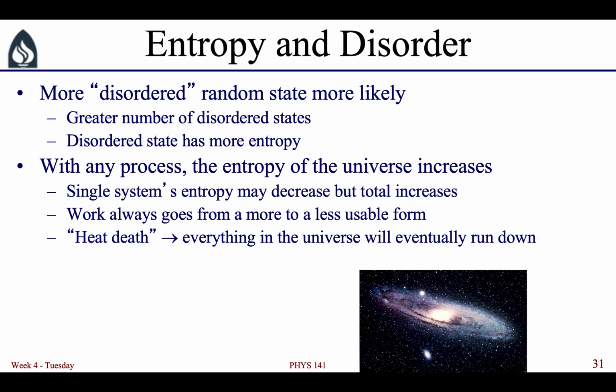You can create new stars with some of the gas and dust that's out there, but eventually that gas and dust will get used up in stars, and then the stars will run down, and then everything will run down. Eventually all of the stars will die, and all of the energy in the universe will be evenly distributed throughout the universe in a soup, and everything will be cold and dark and dead.